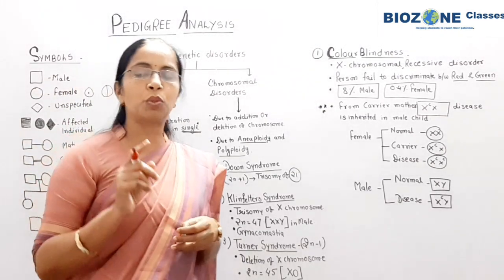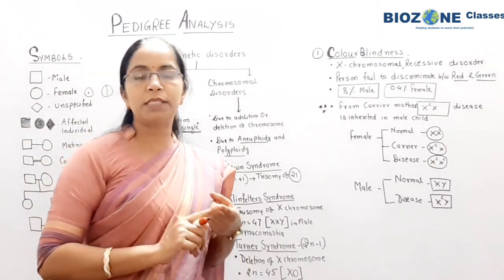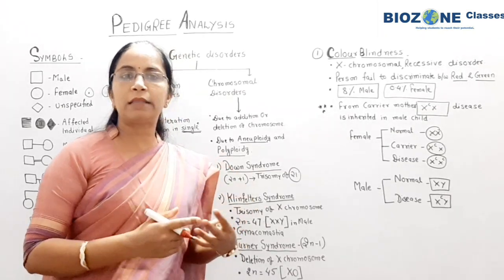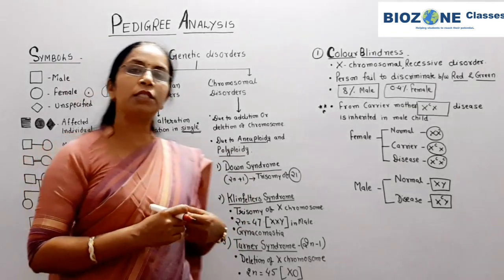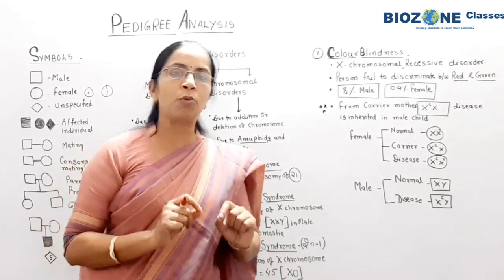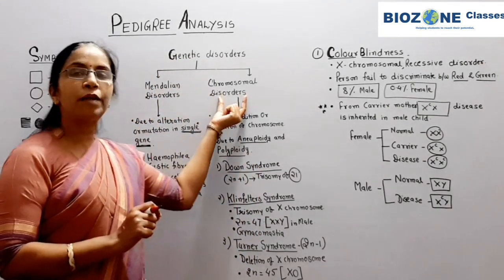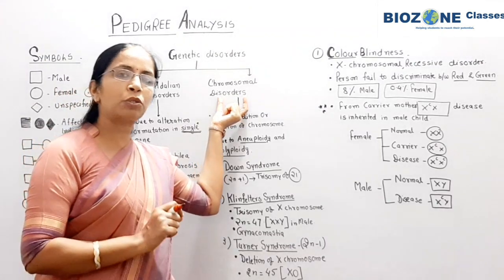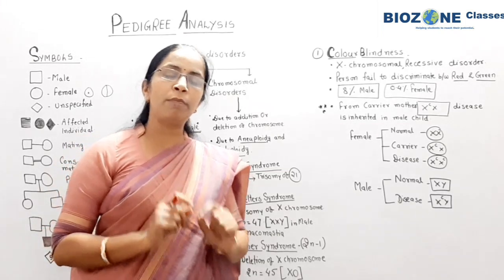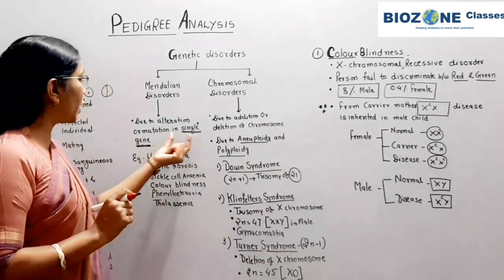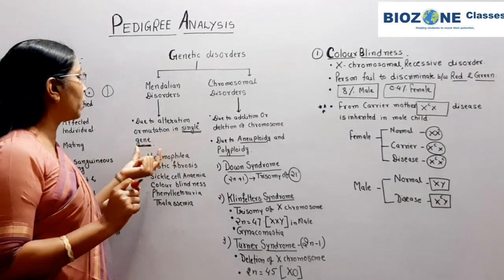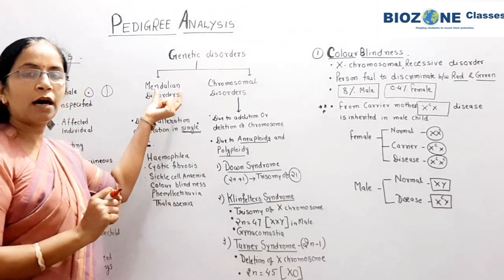If the entire chromosome is changed, either the chromosome is added, the chromosome is deleted, the chromosome undergoes inversion, or the chromosome undergoes the phenomenon of translocation, if the entire change takes place in the chromosome, then remember that the disease is called a chromosomal disorder. But when the change or mutation appears only in a single gene which is located on a particular chromosome, then remember that those disorders or diseases are associated with Mendelian disorders.